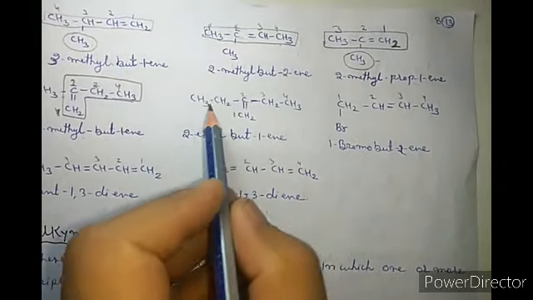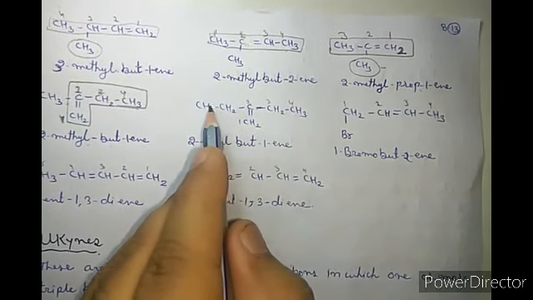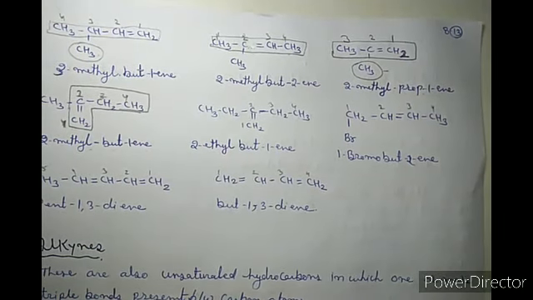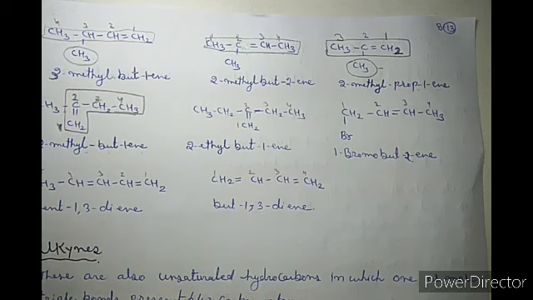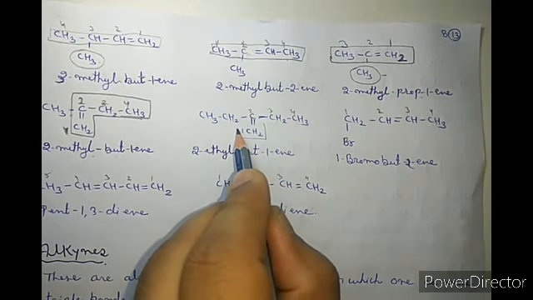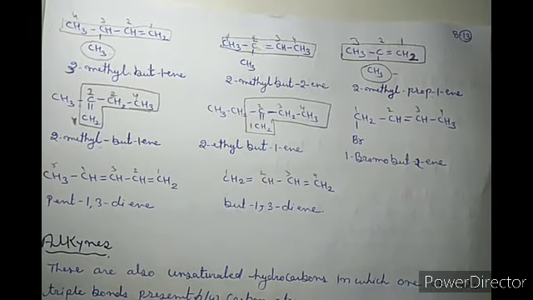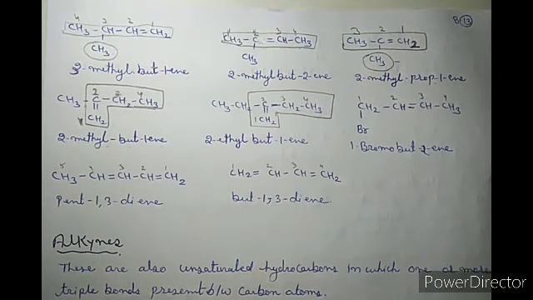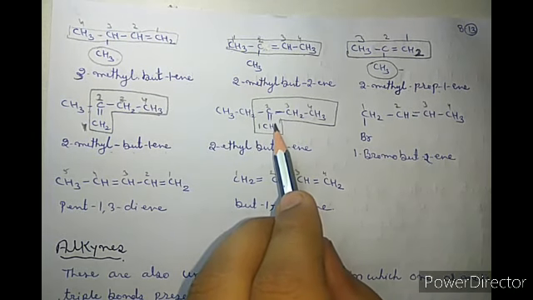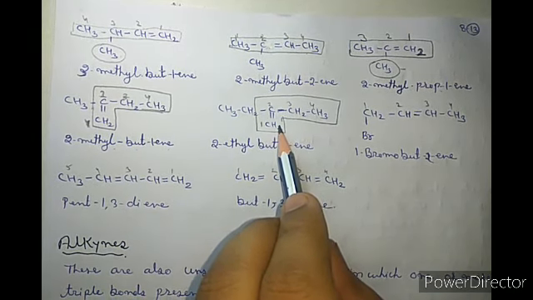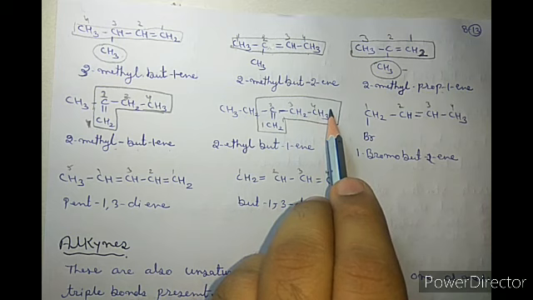Here, if we consider the chain, it has 5 carbons, but the double bond is not included, and we have to include the double bond. Here we will include the double bond in the main chain. So that is our main chain. No matter that it is shorter than the other possible chains, we have to include the double bond. Got it? So this is included in our chain. So 1, 2, 3 and 4.